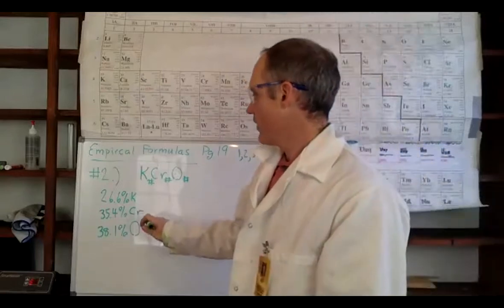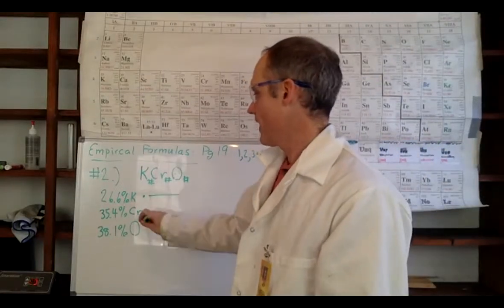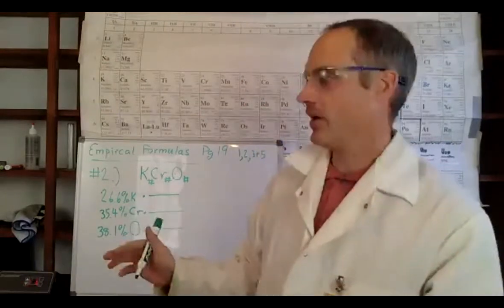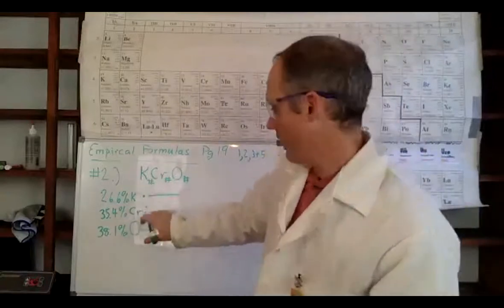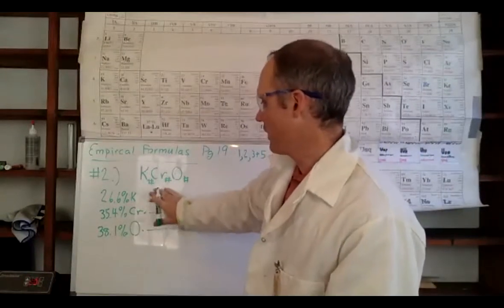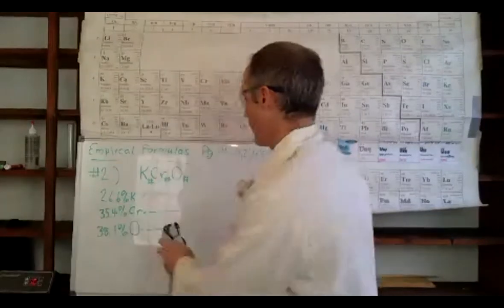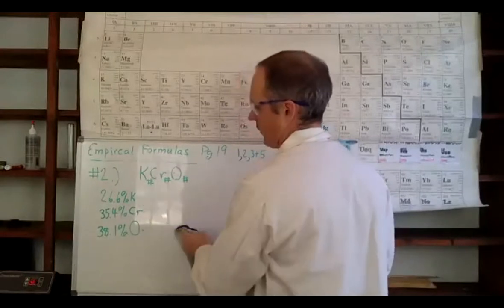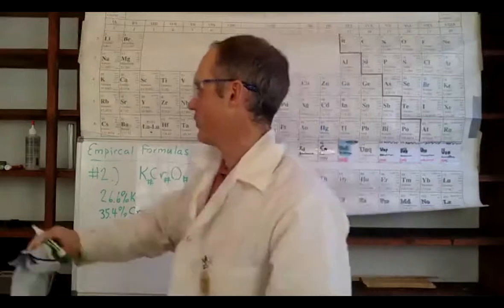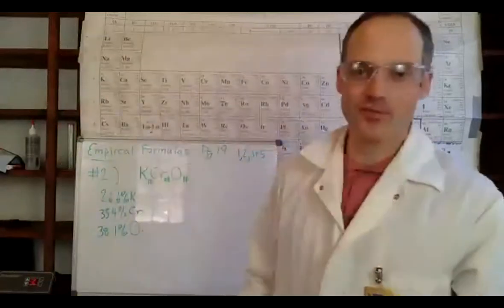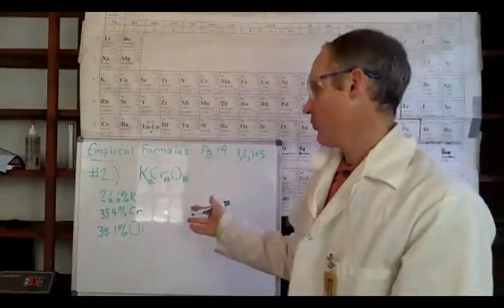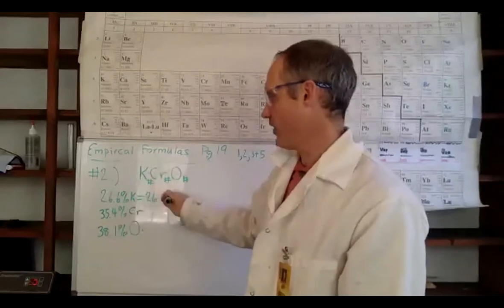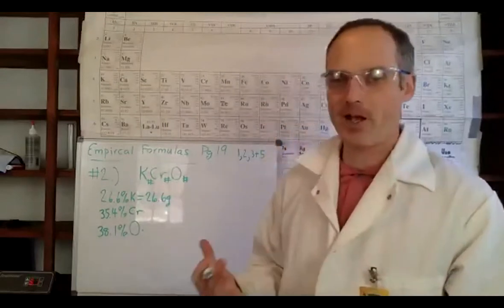So the first step is to convert these to moles. The way we do that is, well, these are in percentages right now. Take a step back, sorry. Typically we can convert to moles when we know how many grams we have. But because these are in percentages, we have to convert them to grams, which sounds like something we haven't done before, but in reality, if you assume that the weight of the compound is 100 grams,